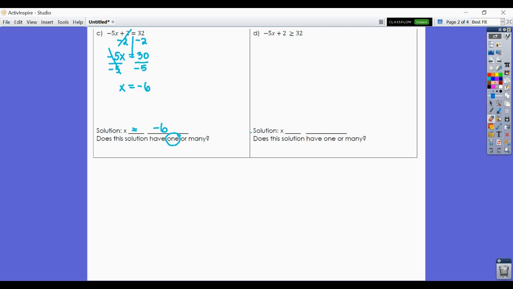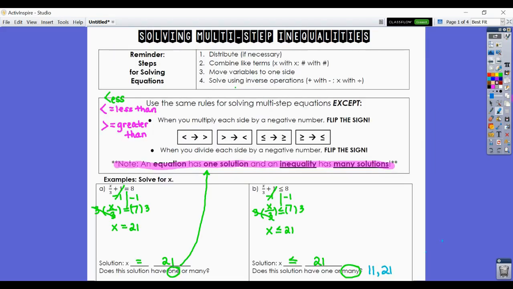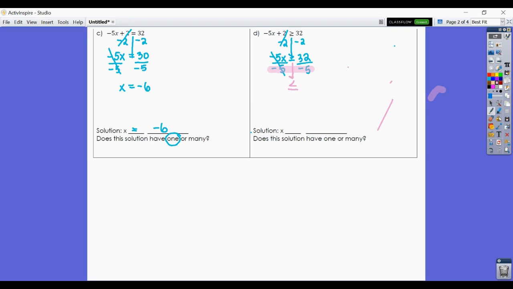For example D, we do the same exact steps. So we go ahead and subtract 2 on each side. That leaves me with negative 5x is greater than or equal to 32. Then we divide by negative 5. Now, because it's an inequality and we just divided by a negative number, we have to go back and look at our notes that anytime you divide by a negative number, you must flip the sign. So I'm right away going to change this sign, facing the other way, as less than or equal to here. Keep the x on the left, and we know that we get on the right 32